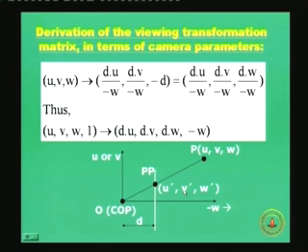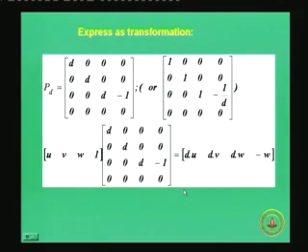So, once you know, I can write this in the form of a matrix, and express this as a transformation matrix PD. I can use any one of these forms: diagonally d and then minus 1 in the third element of the fourth column, or you can write this as the identity matrix, 3 ones and the 1 replaced by the 0 in the fourth row, fourth column, but the third element in the fourth column will be minus 1 by d. Either of these matrices could be used, there is absolutely no problem,